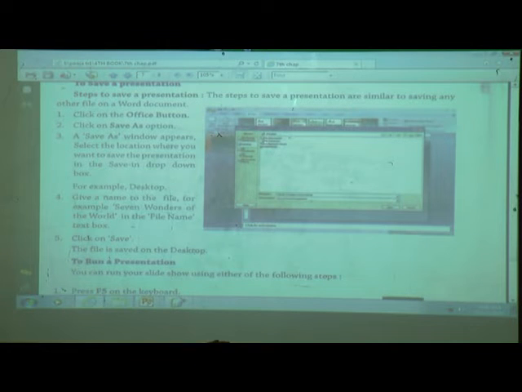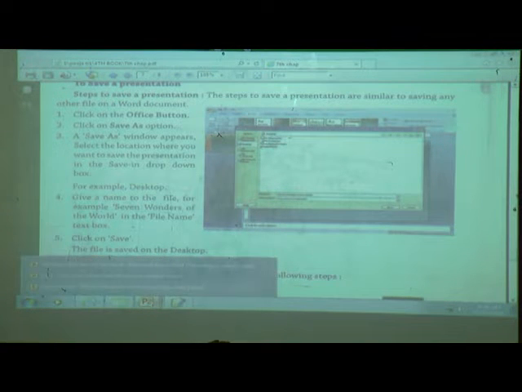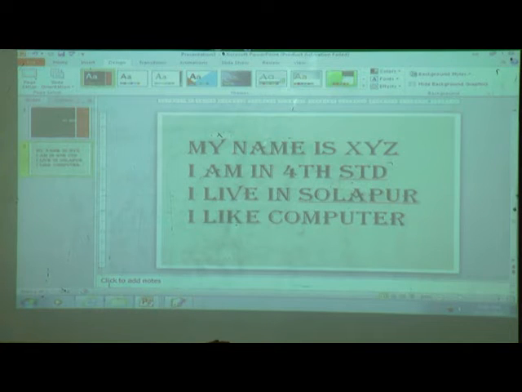Okay, this file will be saved on the desktop. Or if you select the path to the C drive, E drive or any another folder where we select the path, then this file will be saved in that folder or drive. We will see here how to save. Read from your book.